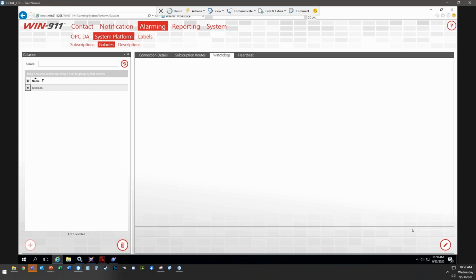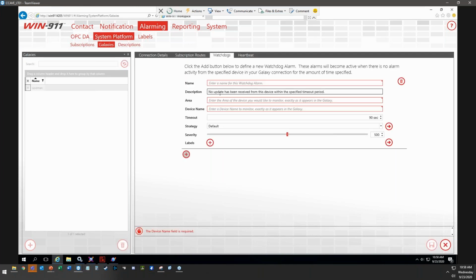The watchdog is a scenario where WIN-911 will monitor a tag for a change in value. And it's not so much a value, I'd say it's more like a state change. What we're monitoring is for that tag to basically go active, inactive, active, inactive. And as long as we keep seeing that state change within 90 seconds, then we assume everything's great with the SCADA. If the alarm stopped changing states after 90 seconds, then we would send out a notification based on your